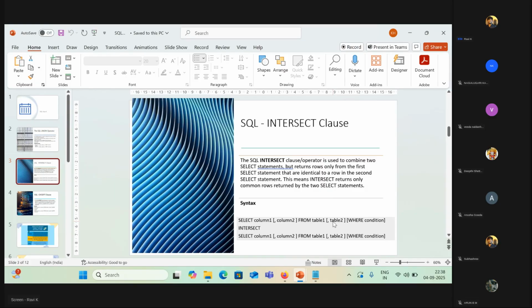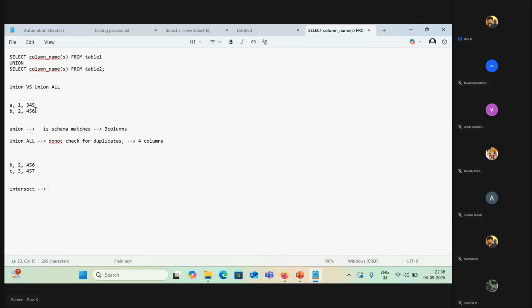Yeah, that's it. Intersect, you can just google it. It will give you only the common values between these two. But that's it. But if you specify some condition, okay, let's say you specify some condition here, for instead of 4 to 6, you give 675 or something. Okay, these are not identical, but while comparing, right, you are just comparing, select column 1, column 2 from